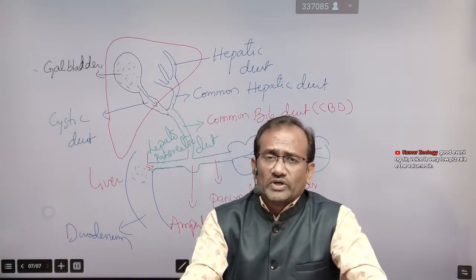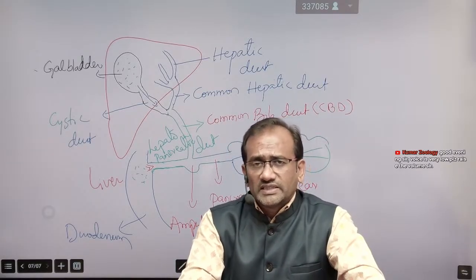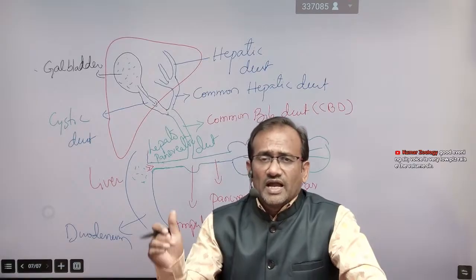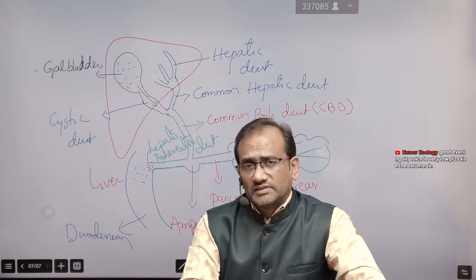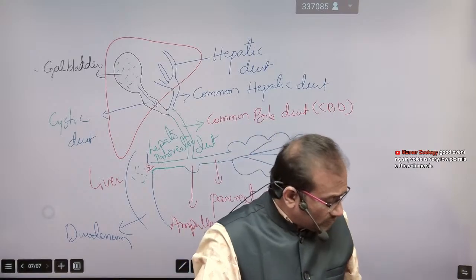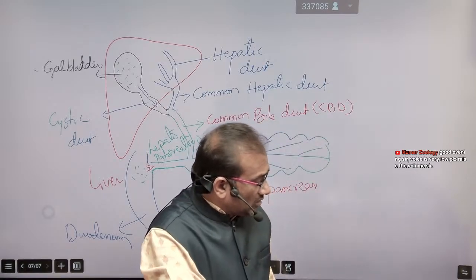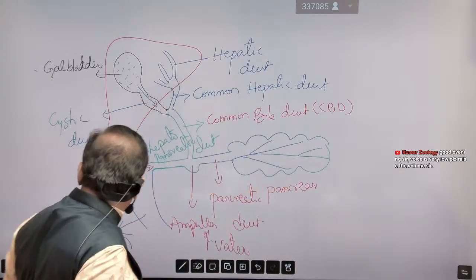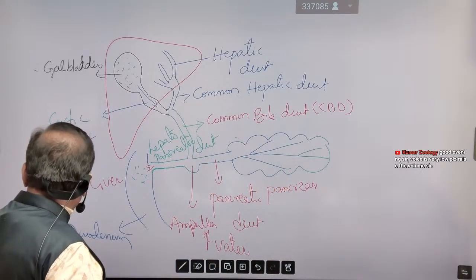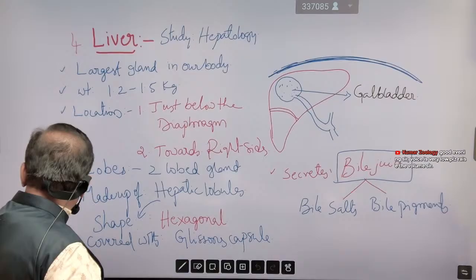So up to now we completed salivary glands, gastric glands, intestinal glands, and liver. And the last topic is pancreas. So up to now, any doubts? Please ask me any doubts you have up to now. So what we discussed once, let's go back and see.